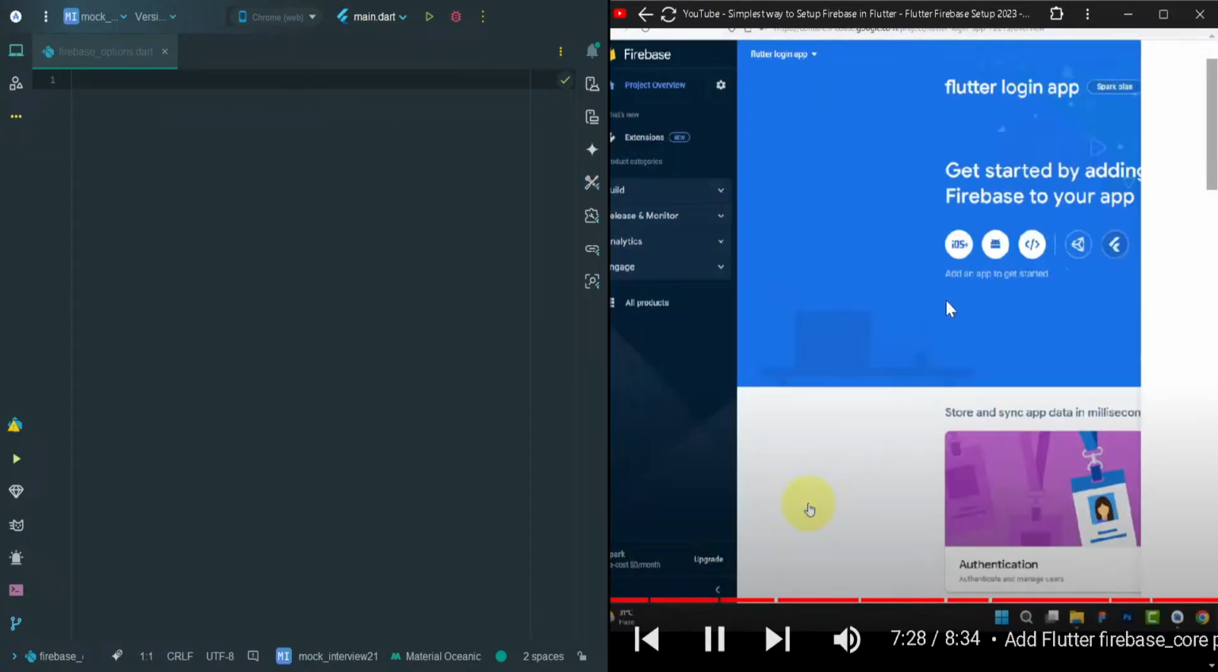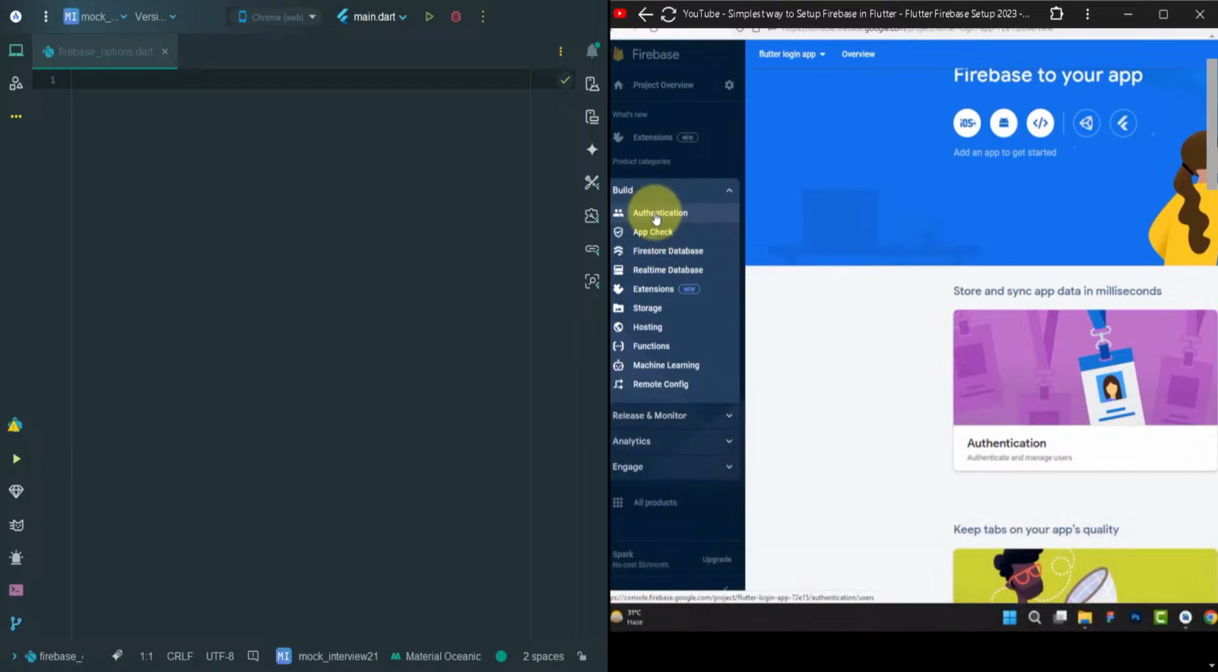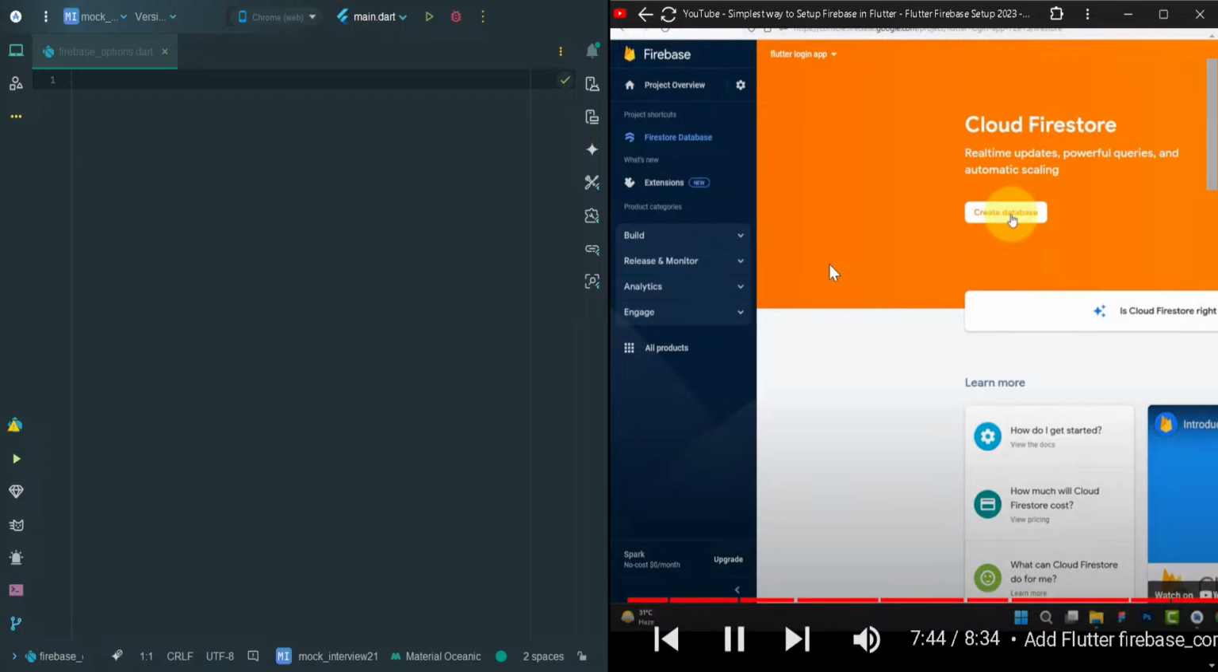Go back to the browser, hit continue. We have a Firestore database, and also you're going to use the authentication. So we have both options over here. Open the Firestore, click on create database, and this is what we are going to